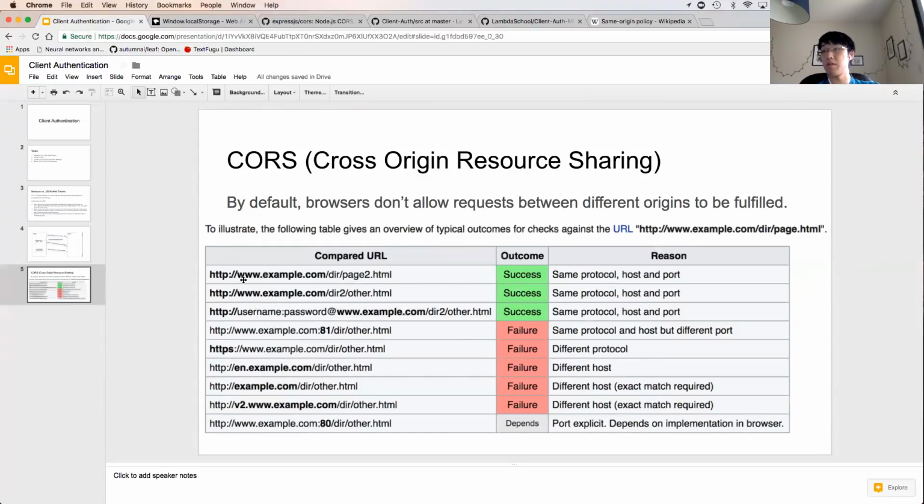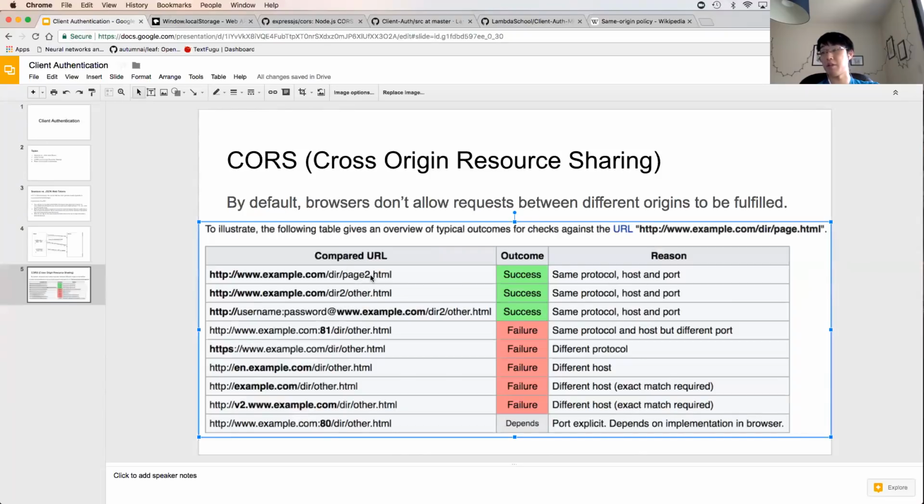So this first one is considered the same origin, success. And the reason: same protocol, host, and port, the only difference here being a different page, 2.html. Other than that, the domain and the port and the protocol, HTTP, are the same. Same with the second one, different directory, right? So again, same protocol, host, and port. And then in this third one, again, it's still the same protocol, HTTP, host, and port number, even though it's accessing a different,